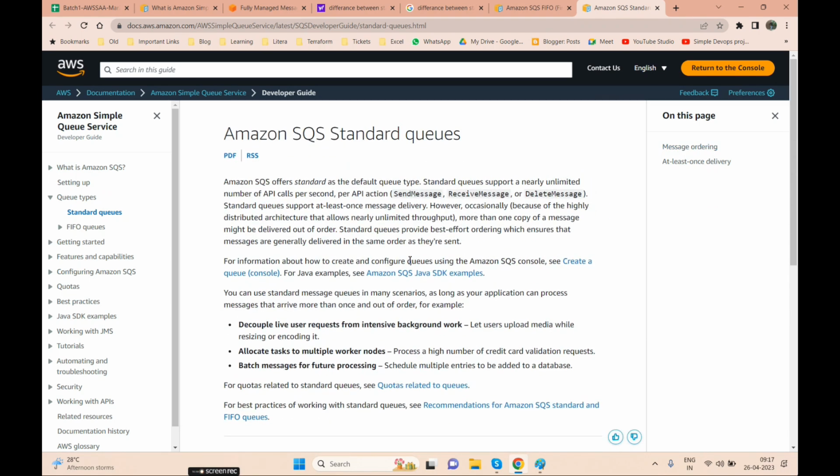Under the standard queue, it has highly unlimited throughput. What is the meaning of highly unlimited throughput?